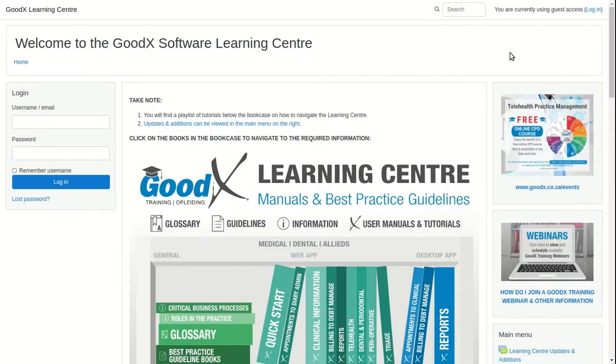You will then enter the Learning Center as a guest. However, if you have a username and password, you will have more privileges in the Learning Center. If you have registered for one of our courses, you will also receive login credentials that are set per user for the specific course. Type in your Learning Center username and password that you received from GoodX in the login